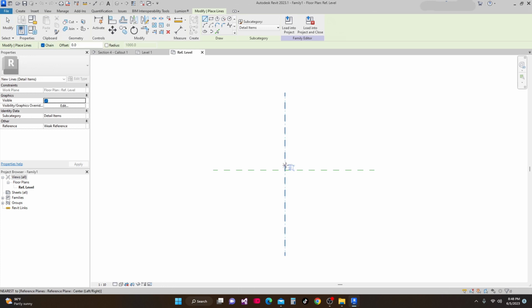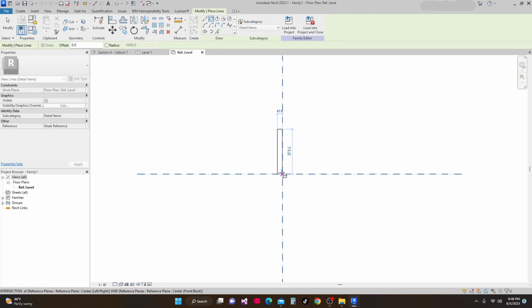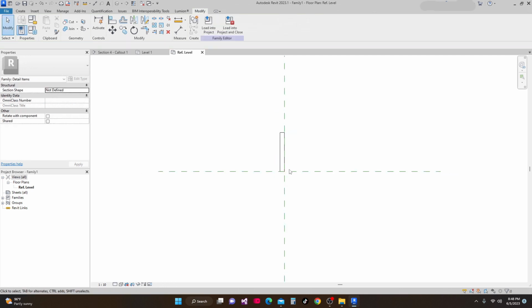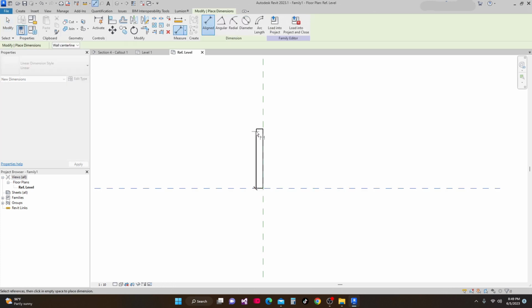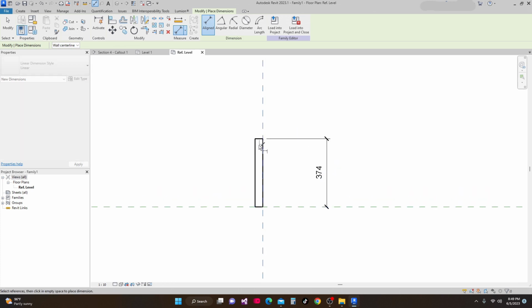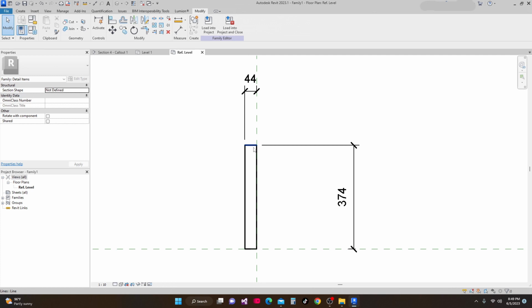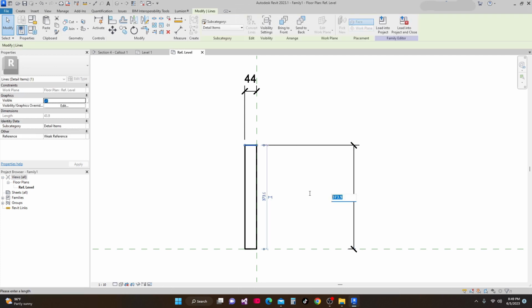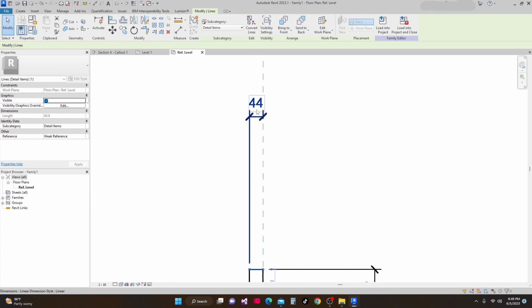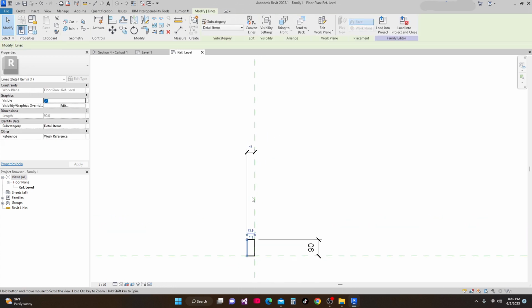So just make a line, just make a rectangle, and I'll make it like this, and then this one I'll make a distance, and from here to here, and then also from this to this side, and then make this height maybe 90 mm, and then this one I'll make it maybe 15 mm,